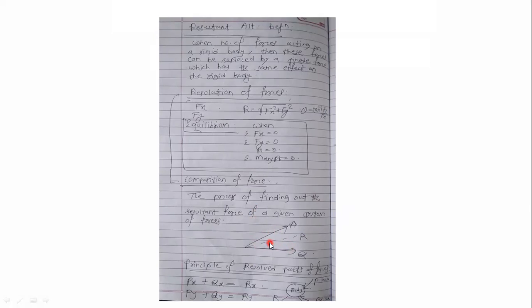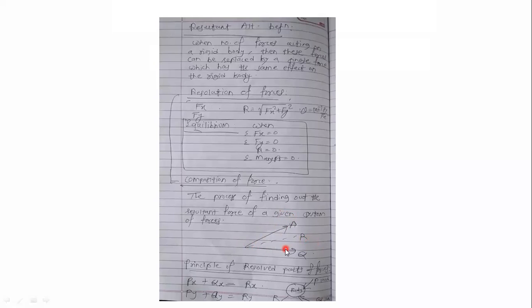Okay, and after that you will get the value of your resultant, because the inclination is there, and as the inclination theta is there for this force P, therefore you have to resolve the force P in order to find its resultant R, right? So therefore what we are trying to tell you is that when n number of forces